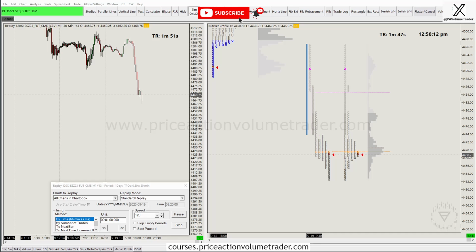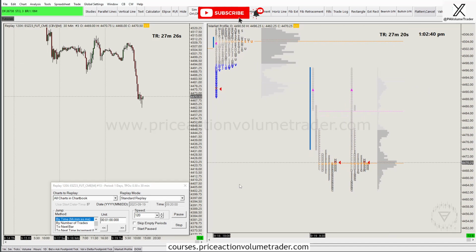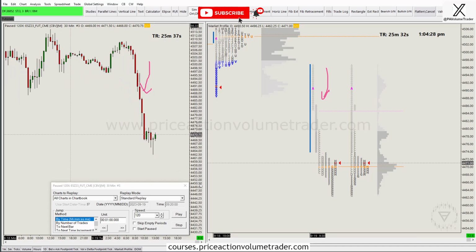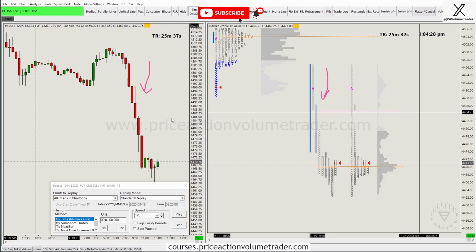And you can see how we keep going down. If I pause this again just for a moment, you're going to notice that each one of these separate profiles, each 30-minute period, is going to coincide with the 30-minute chart here. So if I expand this 30-minute chart,